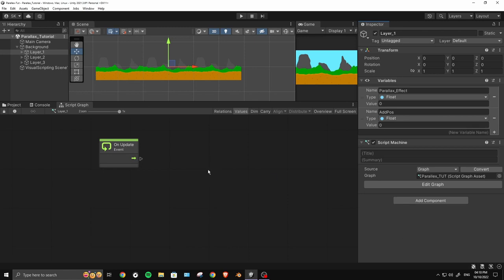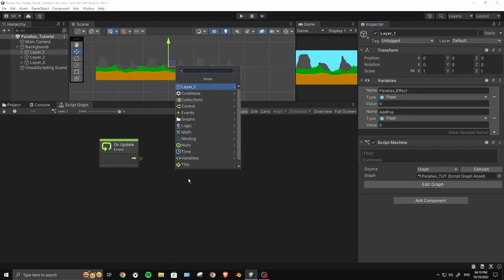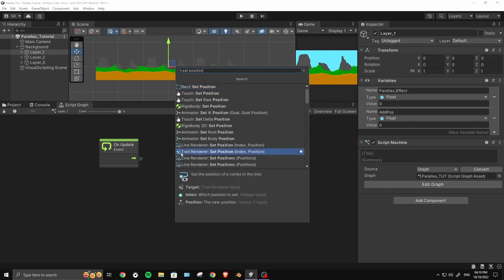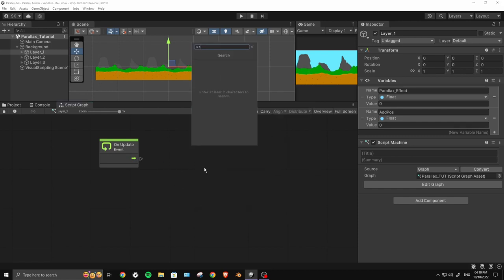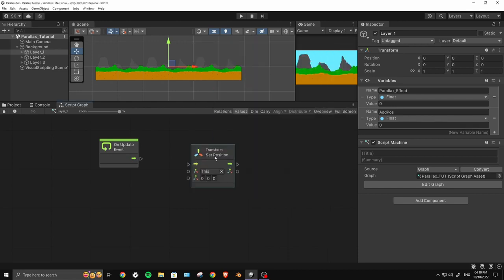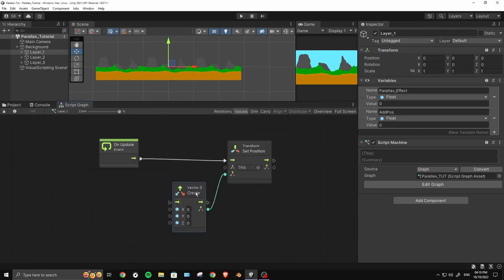So we need to set the position of this whole layer depending upon the camera. So we will do a set position, and it's not there. Let's do it again. Okay, now it is there. Set position. I'll just plug the update method over there. Now we will create a new vector 3,